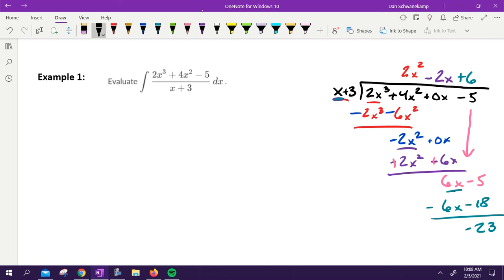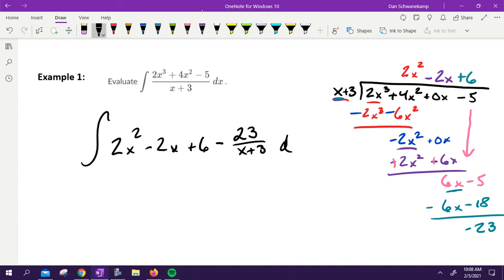Once you've done the long division, then the problem shouldn't be too bad. Now my problem is just this. 2x squared minus 2x plus 6 minus 23 over x plus 3. That's what's left over. That's dx. And I'm going to go ahead and do the antiderivative. The antiderivative of 2x squared,